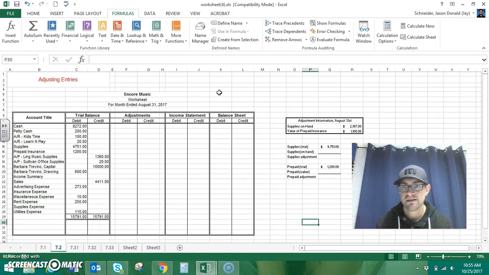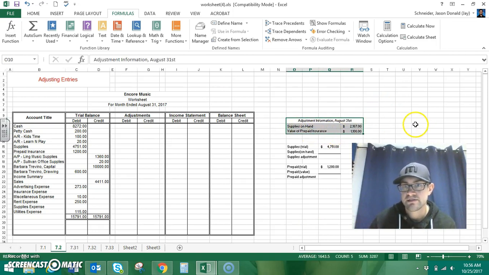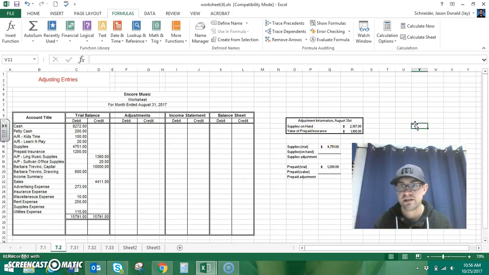Adjustments typically happen, in this case with supplies and prepaid insurance, things that will deteriorate throughout the month. Typically in a business they'll go through this stuff at the end of the month and see what they have left on hand or what the values are. So what you'll see in your problems is something like this. It's going to say adjustment information for August 31st, and it's going to say supplies on hand